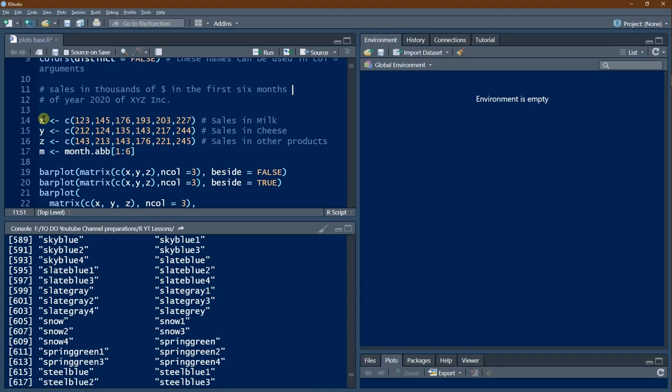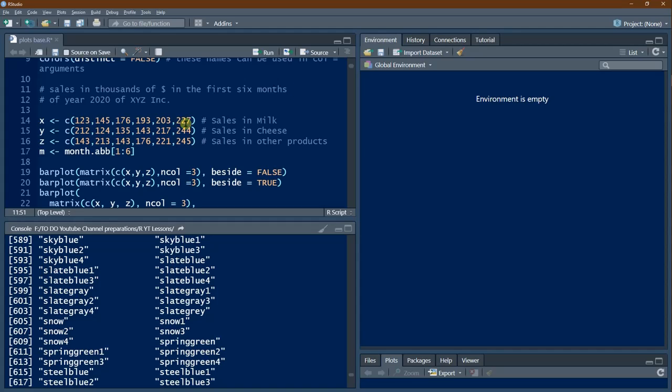We will start off by creating 3 vectors which are basically sales of milk, cheese and other products of XYZ Dairy Incorporation Company, and this incorporation has got sales figures in thousands of dollars and the month is from January to June.